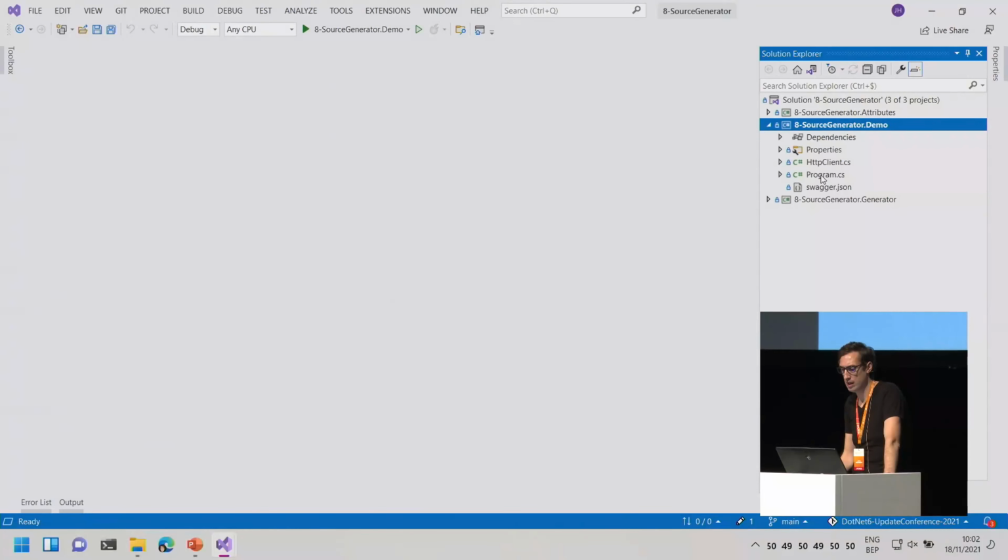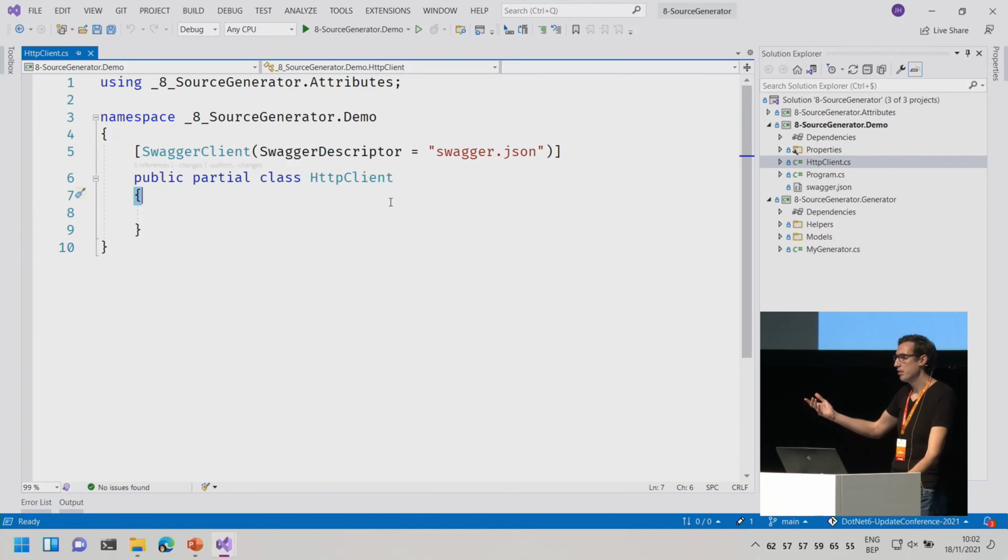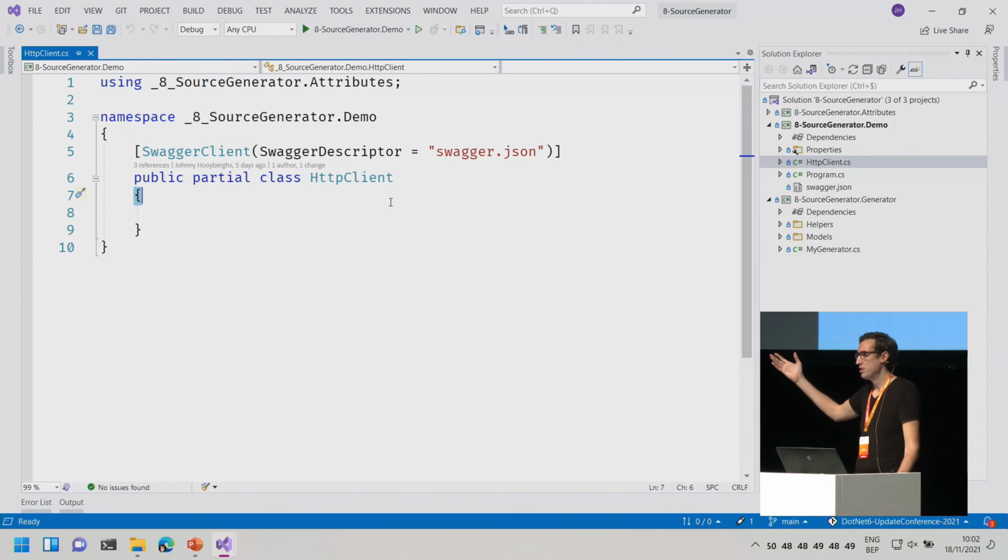The power of source generation actually comes from... I did a small example. Sometimes it works, sometimes it doesn't. I'm not sure why, but I did an example here, which is a very simple example, but I hope it explains it. I'm creating an HTTP client for some service.